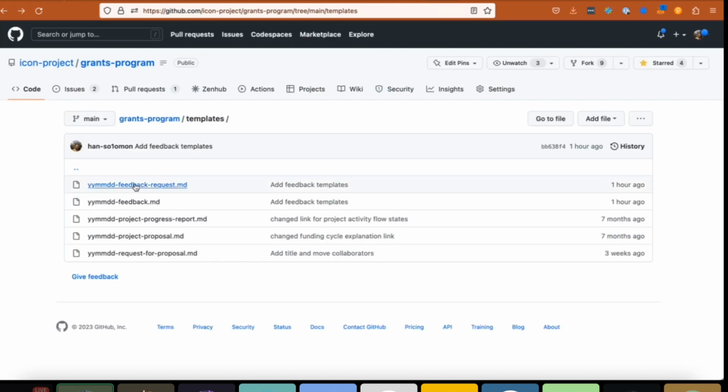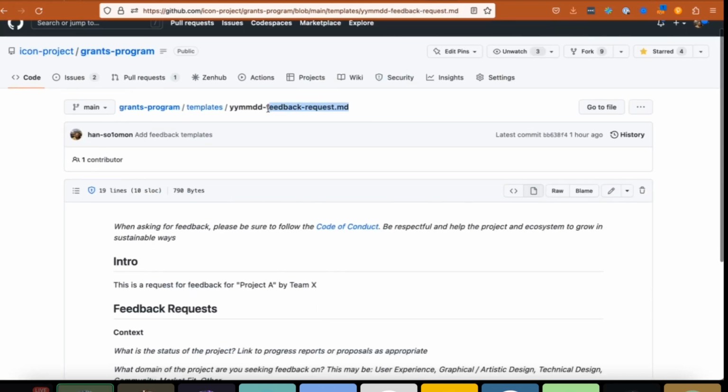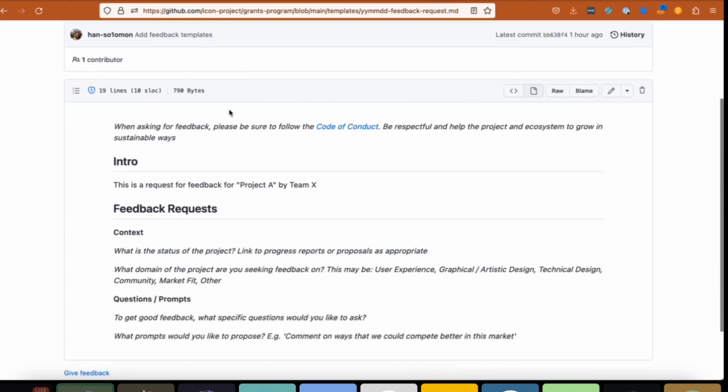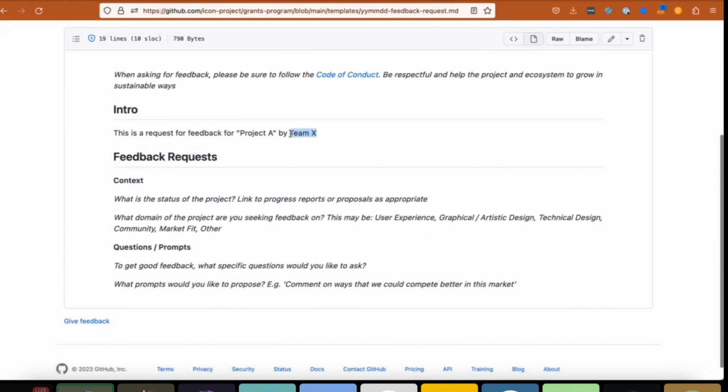And then there's a second template that I'm proposing about requesting feedback. I guess this is just from the other side. So we've got both the teams and then we've got the community members that can ask and receive feedback on how the projects for the CPS are happening. The main benefit of this is that we currently have some issues with delivery of projects, and it seems like there's a bit of a disconnect between the teams that are developing and the teams that are invested in funding and voting.